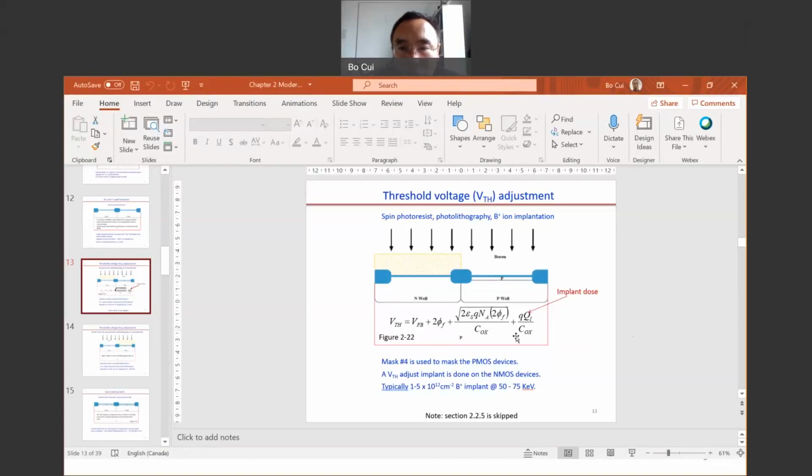So if we look at here, we have this term. This is the threshold voltage adjustment from chapter 2. This term is very close to what we have seen in the previous slide. This QI is the implanted dose, the dose implanted into the silicon. But for this here,